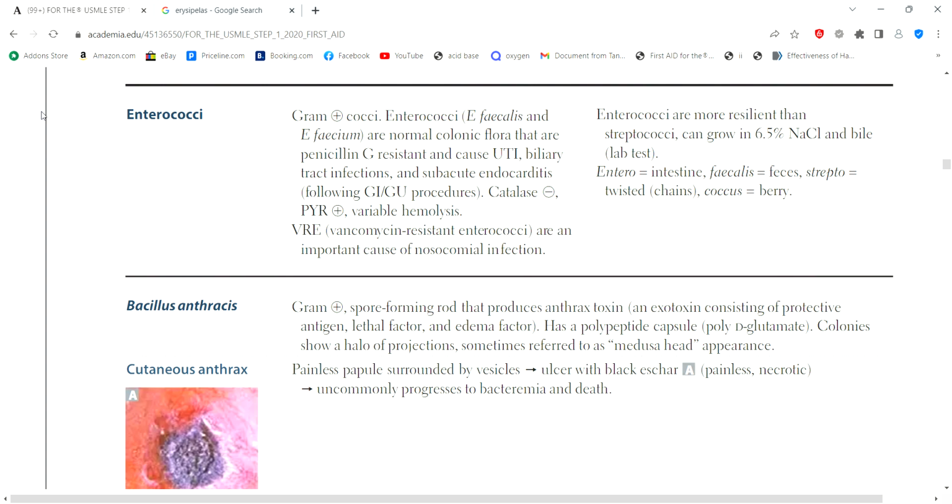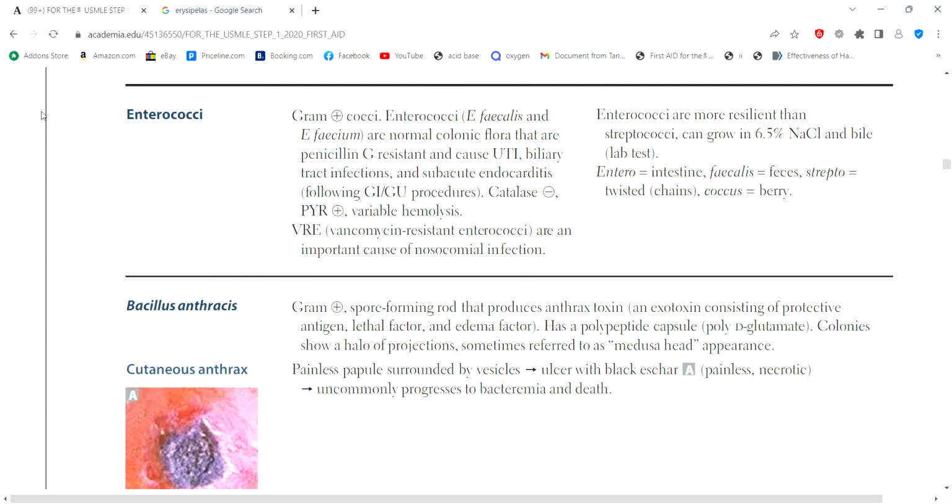There are two subtypes: Enterococcus faecalis and Enterococcus faecium, normal colonic flora that are penicillin G resistant and cause UTI, biliary tract infection, and subacute endocarditis following GI or GU procedures. Enterococcus is catalase negative. It is PYR positive, and there is variable hemolysis. Okay, so GU procedures like after colonoscopy,